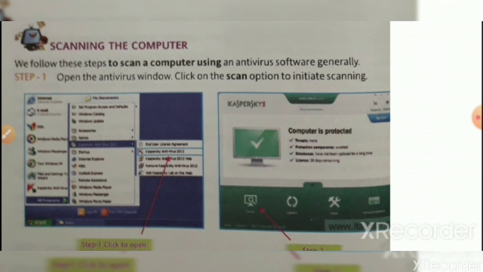These steps are given. First, open the antivirus window, click on the scan option to initiate scanning. Second, click on the scan option. You will be taken to various scan options. Third, click on full scan to scan all the drives.